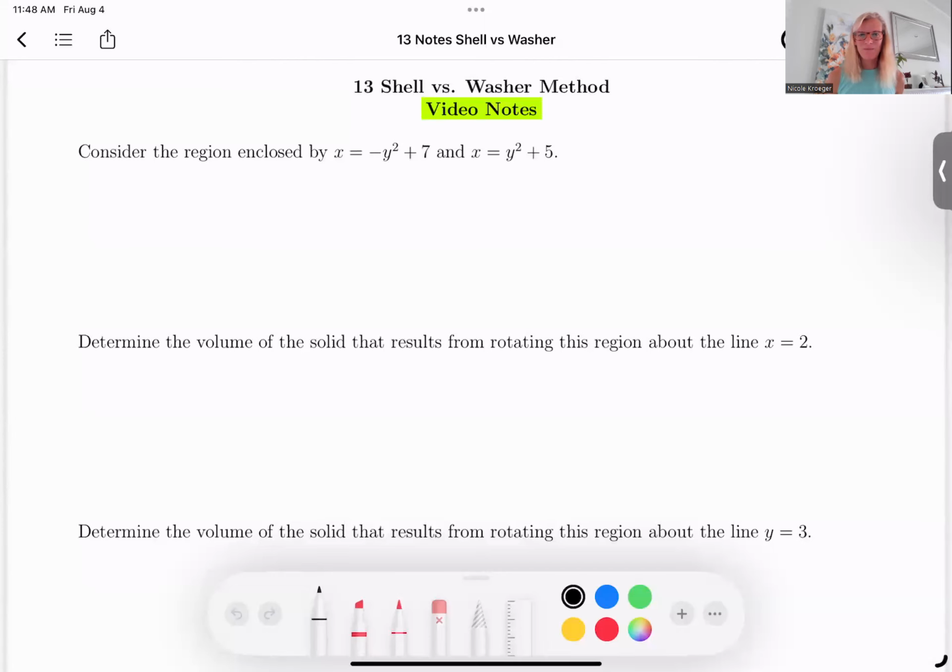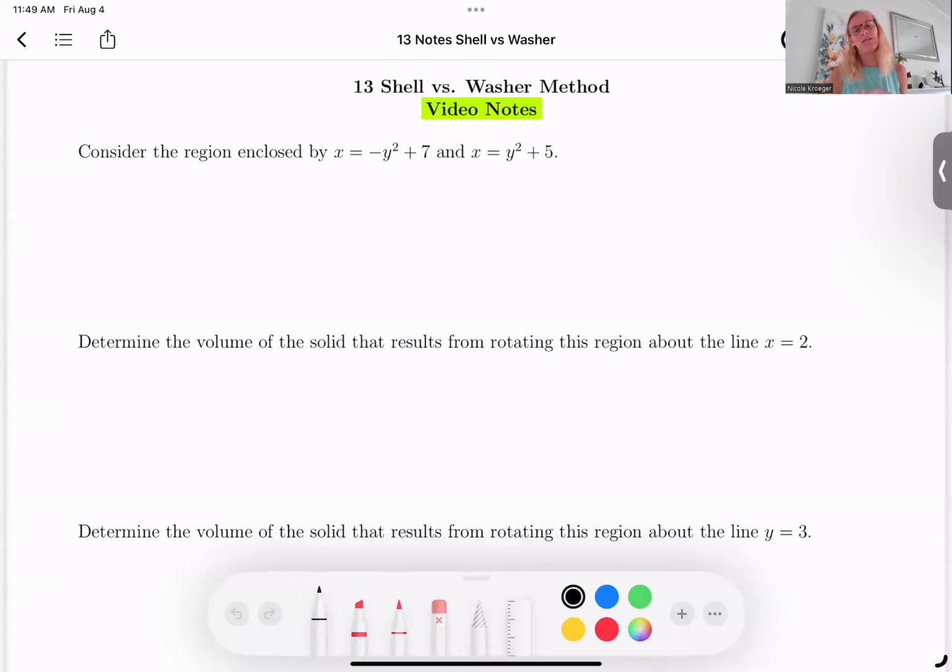So we've done two different methods, well, really three methods for finding volume. We've done these cross sections where we were slicing things, and then we did two types of rotational volume. We had the washer method, and then we had the shell method. And those cross sectional volume problems that we did first, where we were slicing, those problems are obvious what type